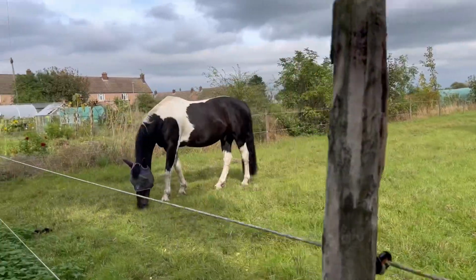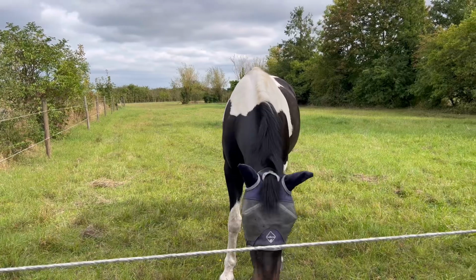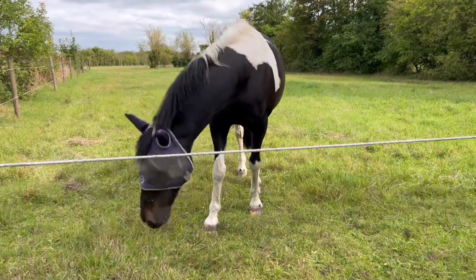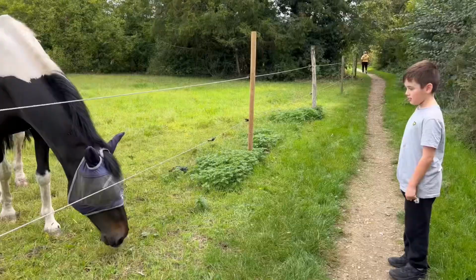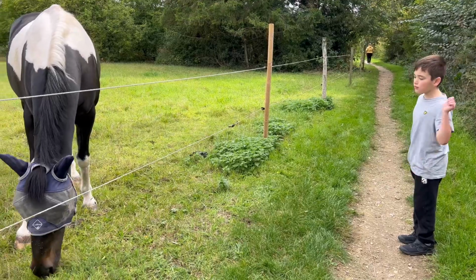Why are bugs on it? So they have that on to protect them from the flies. He's come down here for munching the grass. I know, they're annoying him. Look, he don't like it. Stop, you stupid bug. Get off the horse or I'll